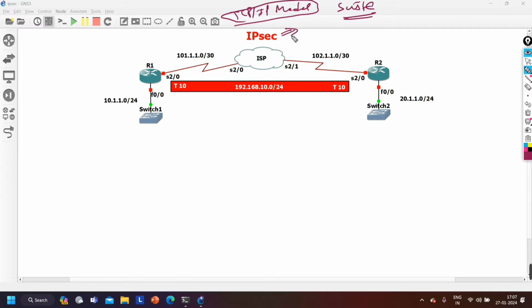Getting my point, guys? If someone asks you what is IPsec, IPsec is a protocol suite which is used to establish a secure connection between 2 points over a public network. Now, IPsec offers multiple parameters. Let me discuss those parameters first, right? So let me do one thing. Let me open my Paint,